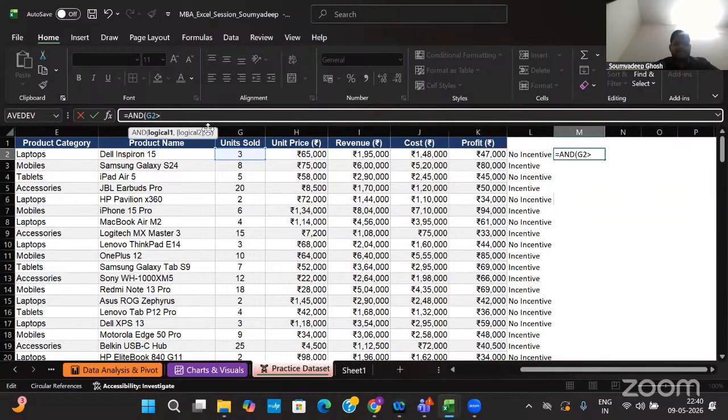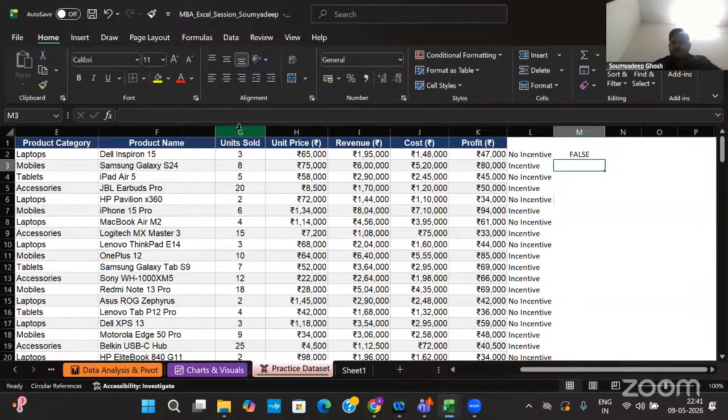What I said, if G2 is greater than 5 and the logical operation I mentioned, revenue should be greater than 2 lakhs, then it will return true. It is not happening for this candidate.